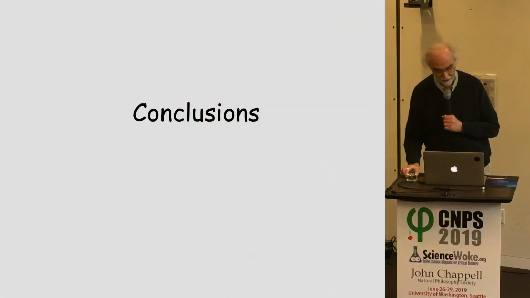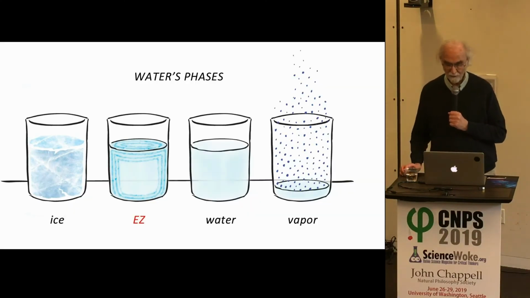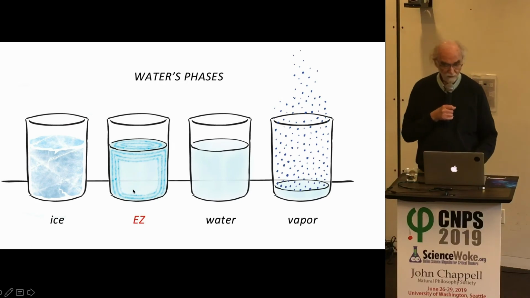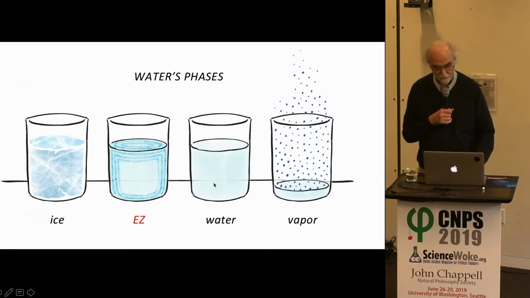Okay, so I've taken a lot of your time, and to conclude, the main point is the science, really, and that is that water appears to have 4 phases, not 3. We all know about ice, water, and vapor. We found a 4th phase, and this 4th phase, as I mentioned earlier, the structure of this phase is not so different from ice. It's not ice, but it's not so different. And we found that if you want to freeze water, you must go through this stage to get to ice. And if you thaw the ice, you must go through this stage to get to ordinary water.